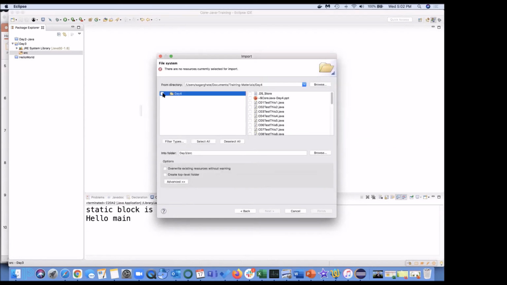From this folder, select all, deselect this PPT and this PPT. Sure. Finish.